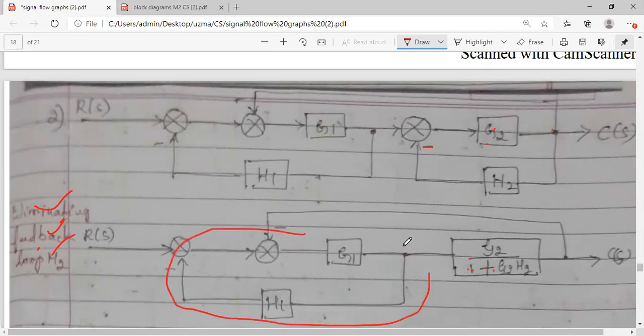First possibility is, यहाँ पर एक feedback path है, यहाँ पर भी एक feedback path है, so feedback elimination, that is one possibility. But whenever you want to try for feedback elimination, you have a common point here, a takeoff point. So without this, we can apply, but here you cannot directly apply it. So what would be the next better suitable rule which we can apply? Think of it. Can we use some other rule here?